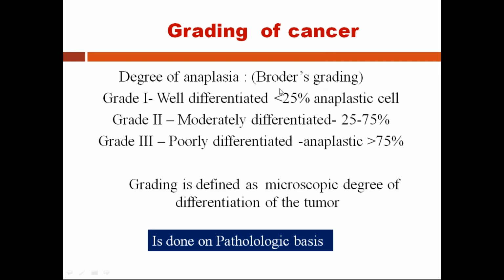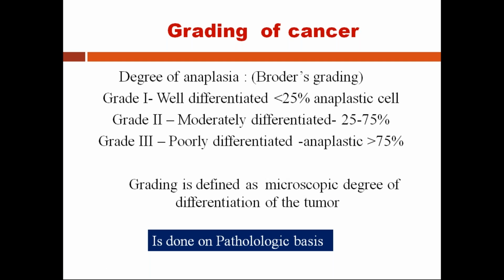So if the percentage of anaplastic cells is less than 25%, then that malignant tumor is said to be well differentiated. If it is between 25 to 75%, it is moderately differentiated. If it is more than 75%, it is poorly differentiated. And if architecture is also completely lost, and a total of 100% are anaplastic cells, then such tumors are called anaplastic tumors. Okay. So this grading we can see only under the microscope, okay, not with the naked